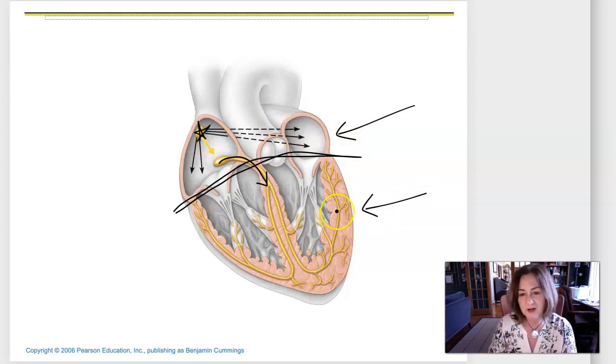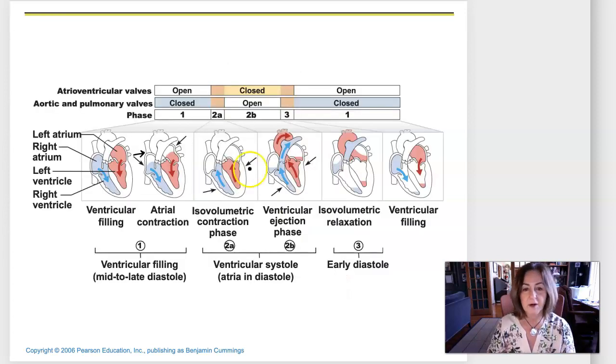And the ventricles contract just subsequent to that depolarization going up the ventricular walls by the Purkinje fibers. And so that's what we're looking at when we look at this timing in the cardiac cycle. Okay, so what we were seeing is